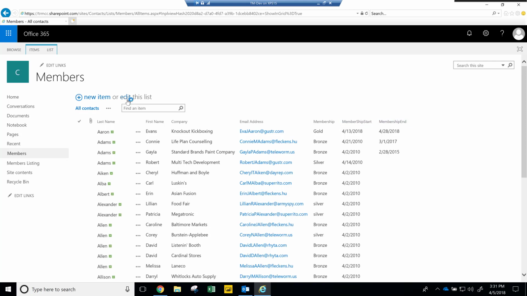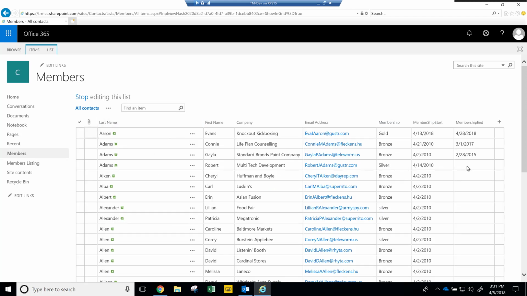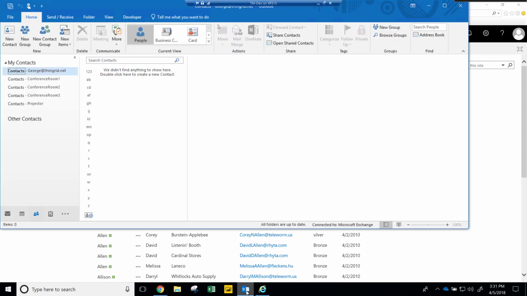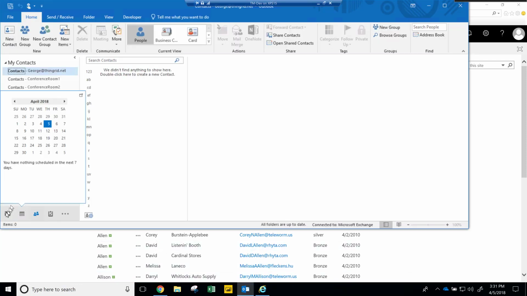And you can edit these lists very easily in bulk, kind of like Excel, just by dragging and dropping. And of course, you can just click stop to save your changes. And that's SharePoint there. Now let's take a look at Outlook and see how we can get this list into Outlook as